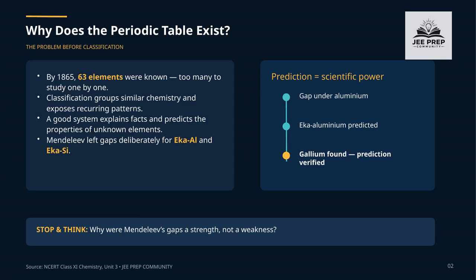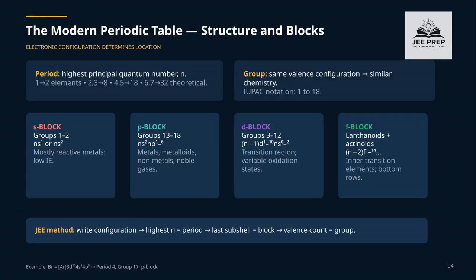This structure matters because periodic properties repeat whenever similar valence configurations repeat. The next question is, what physical quantity controls the strength of attraction between the nucleus and an outer electron? That quantity is effective nuclear charge. We now reach the master key of the chapter, effective nuclear charge, written as Z effective. An outer electron does not experience the full positive charge of the nucleus because inner electrons screen or shield it. The conceptual relation is Z effective equals Z minus sigma, where Z is the actual nuclear charge and sigma is